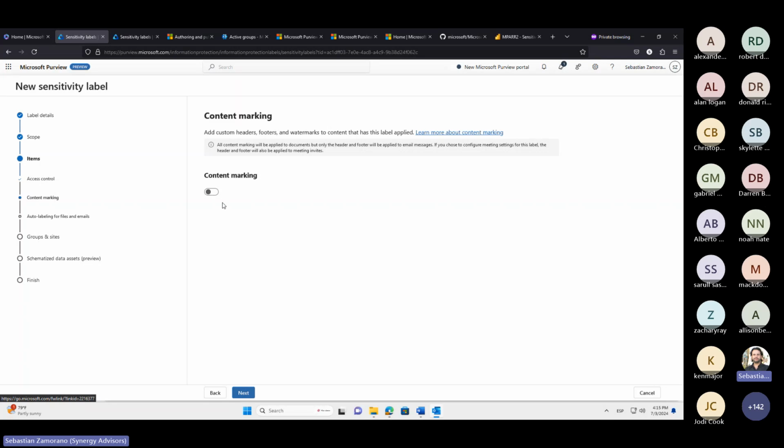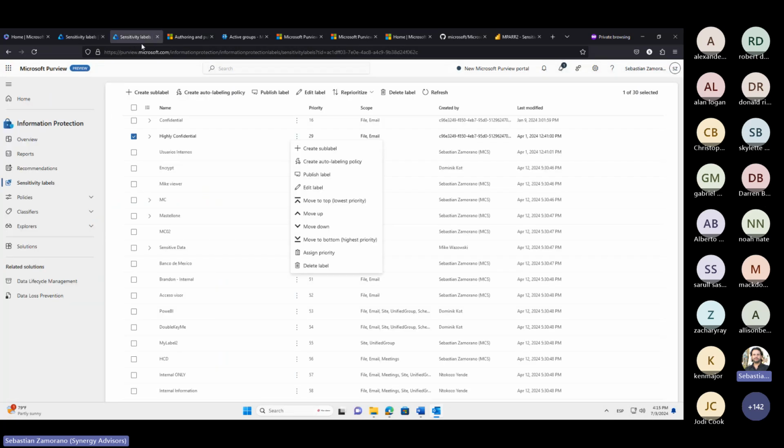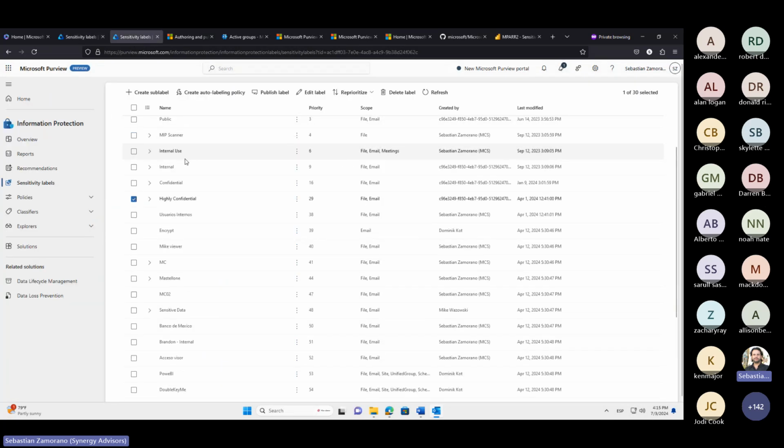And now I will go to content marking. Another big deal with content marking is, for example, you set a footer, but on my PPTs I don't want to see that footer. Or you add a header for confidential, but on the emails I am using a mail flow and applying a disclaimer, and I don't want to use another header. In that order of ideas, let me come in here,